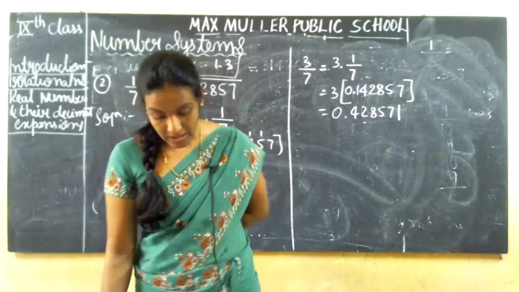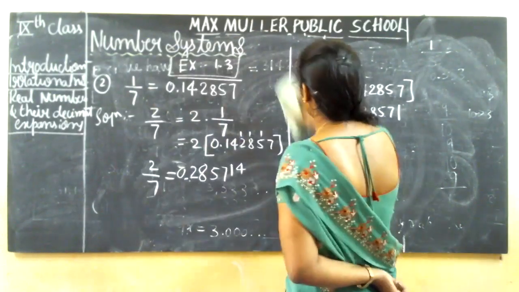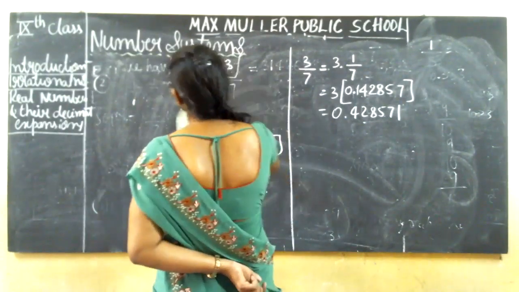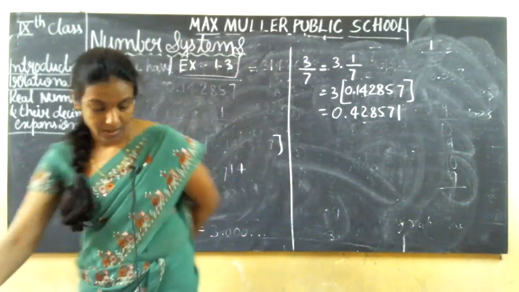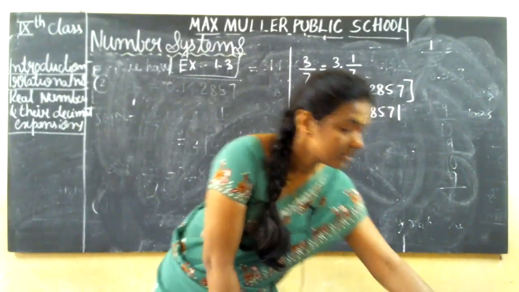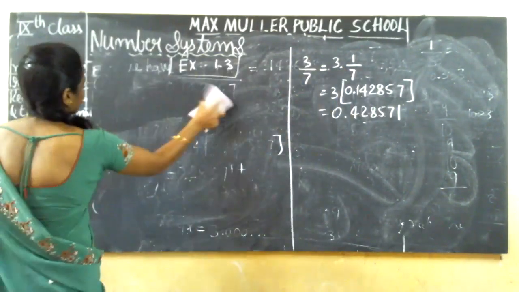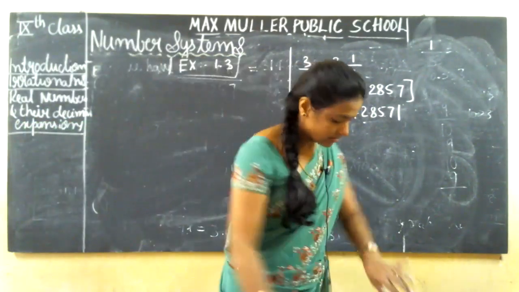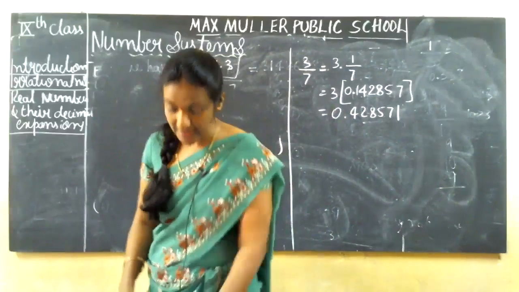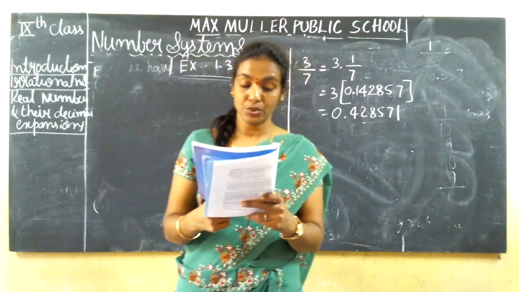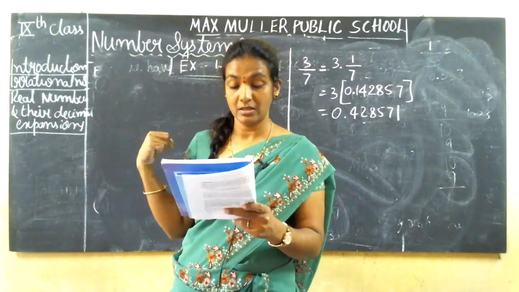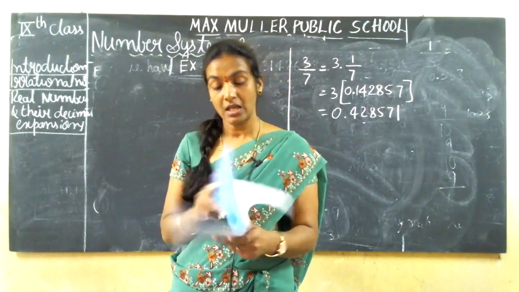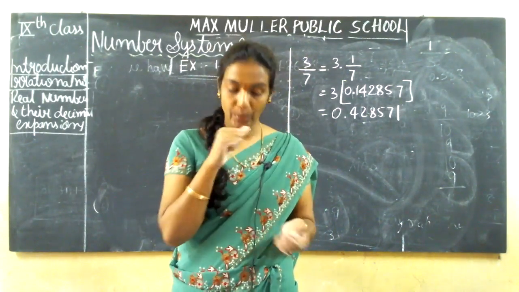Clear? Now, go to the third main. I hope it is clear. Very simple it was. Okay, guys, I hope it is cleared. And the third main, which I explained, the p by q expression form, that is also easy. So the remaining thing we'll see in the next class.